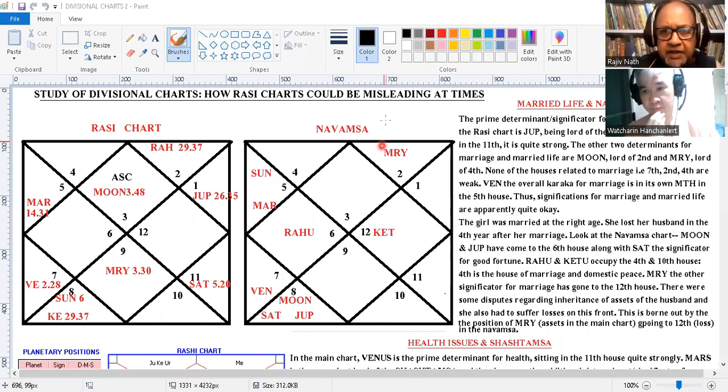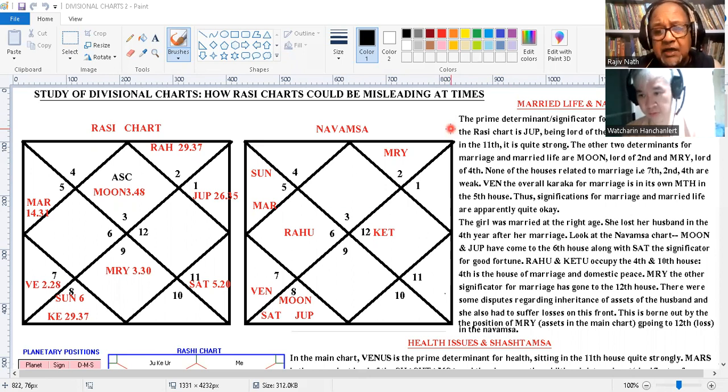So this is an example again of married life and the importance of Navamsa. On the left hand side here is the Rashi chart, the D1. And on the right hand side is the corresponding Navamsa. Okay, now see,